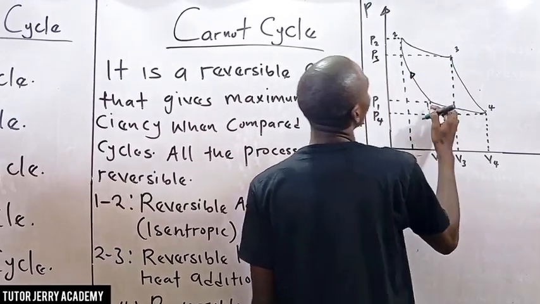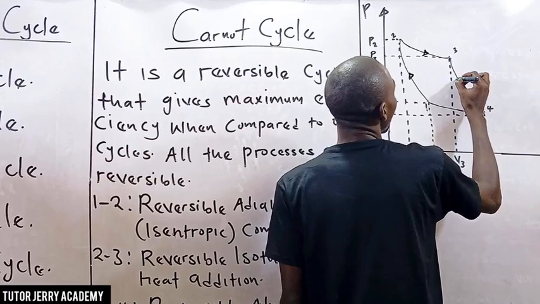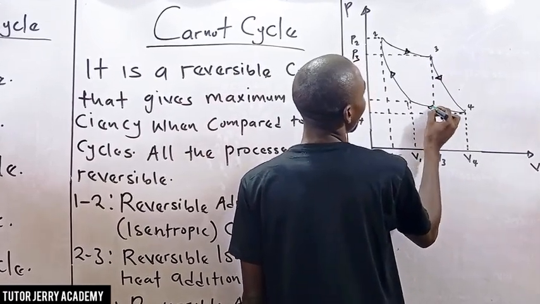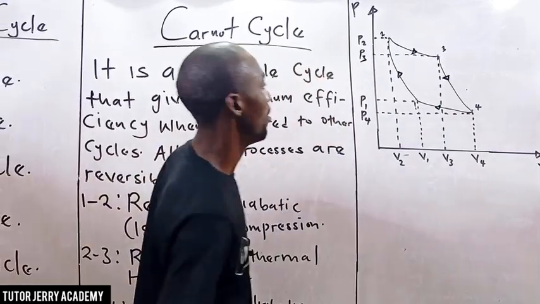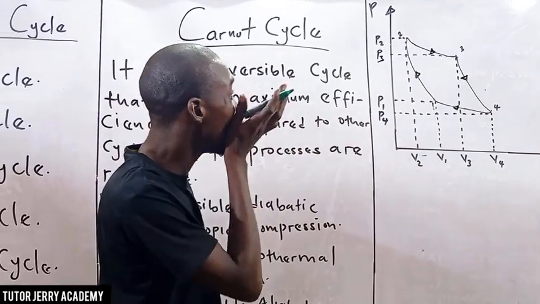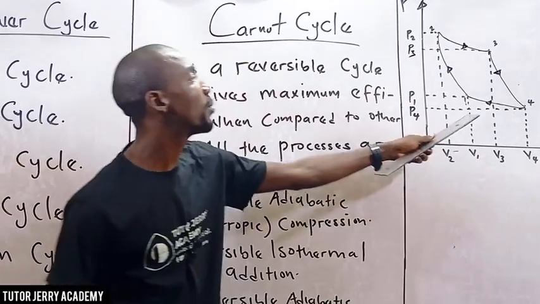So we are moving from 1 to 2. Then here we move from 2 to 3. Here we move from 3 to 4. And here we move from 4 to 1 in a cyclic manner. Cyclic. So believe you understand this. All right. So the next thing that we are going to be seeing here from this process 1 to 2,